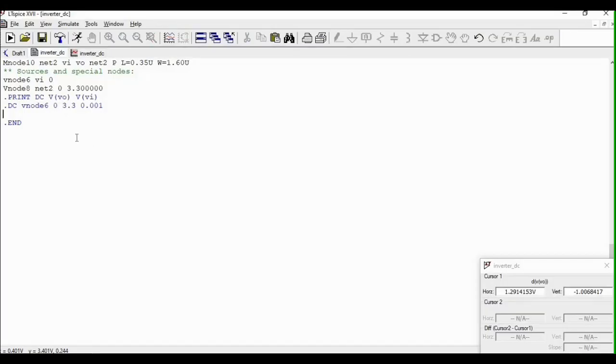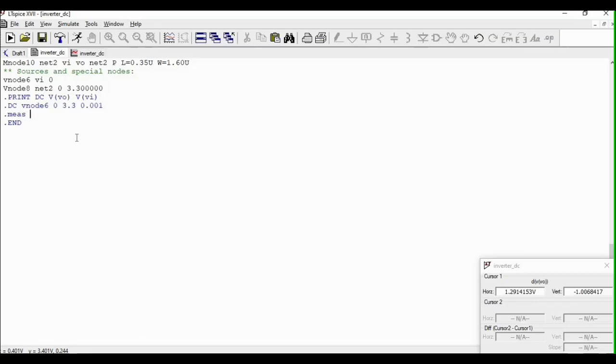On your netlist, you just need to type, we're going to use the measure command. As a shortcut for the measure command, instead of the full word measure, just type MEAS.